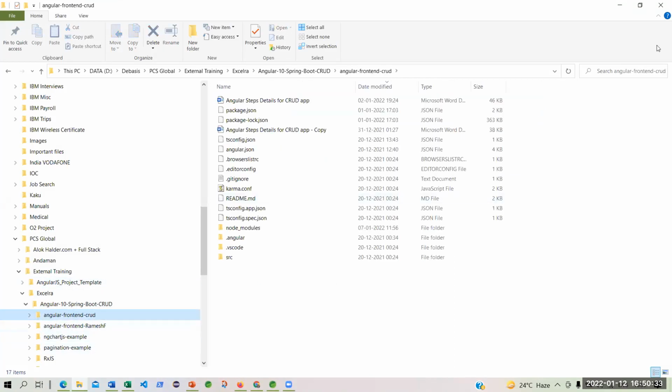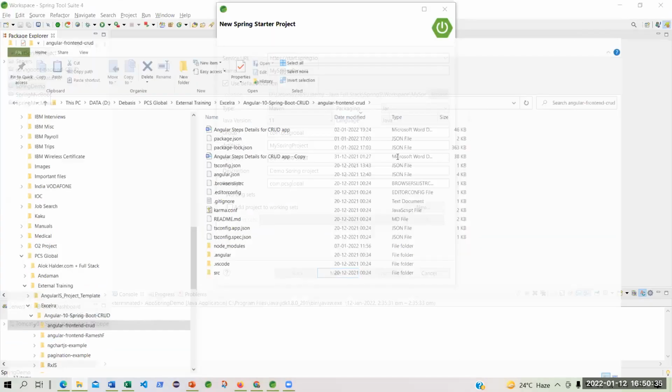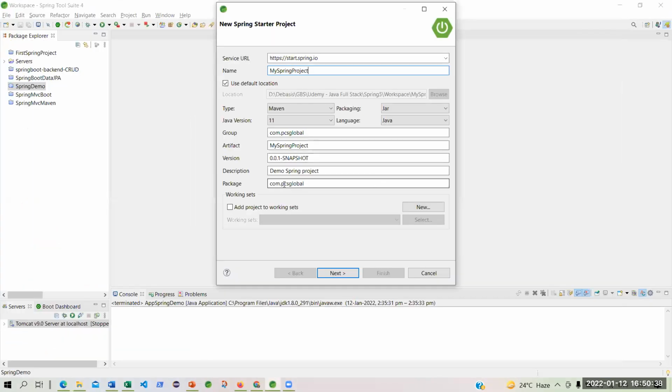So basically, whenever I ask where this package com.pcs global is created, you will say, sir, it is created under the project folder. Not necessarily that the project folder and the project name be the same. But wherever you are creating this project, you give it a particular folder name. Under that folder you will see a source SRC.